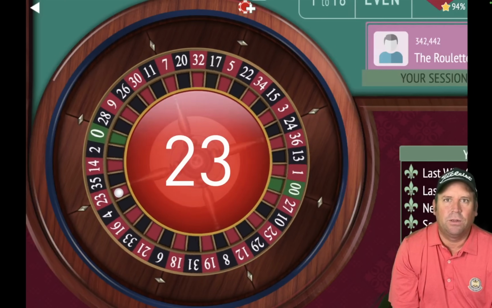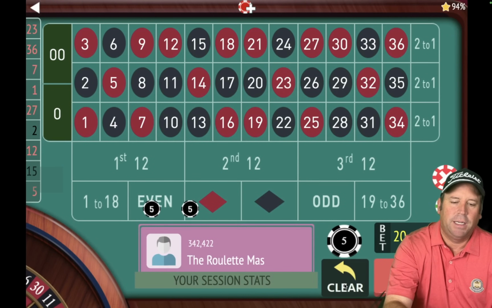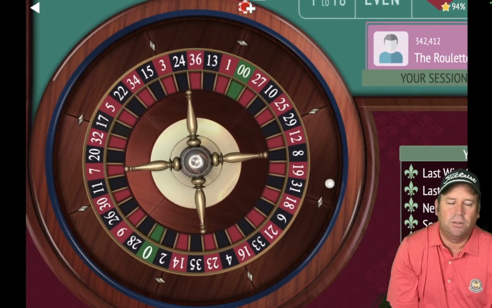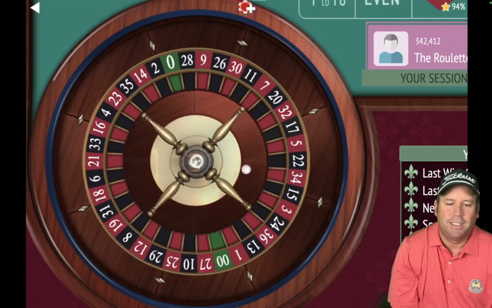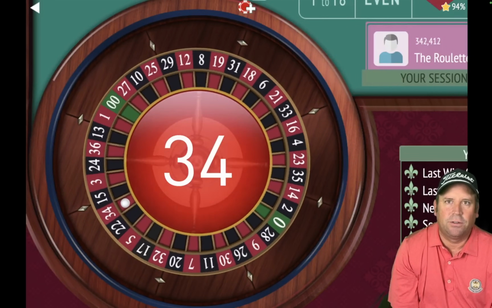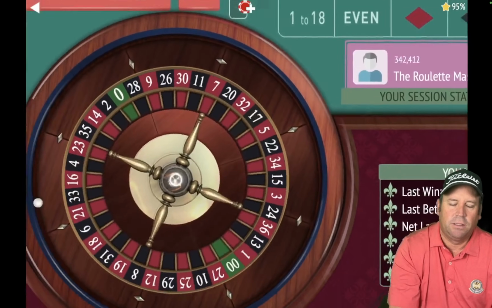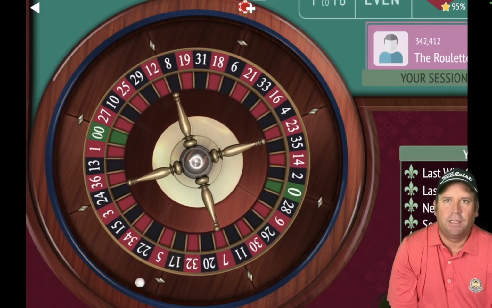We didn't hit a third 12 or 0, so it's time to bet again. Now we'll have 15 on each, $30 total, and let's spin. Here we go. That's another loss. That's a 34 red. Okay, so we will sit out and spin without betting until we don't hit third 12